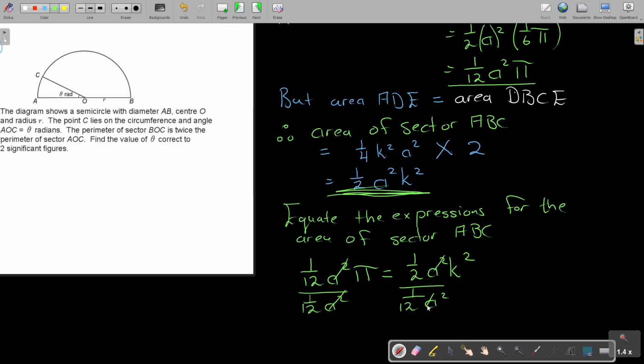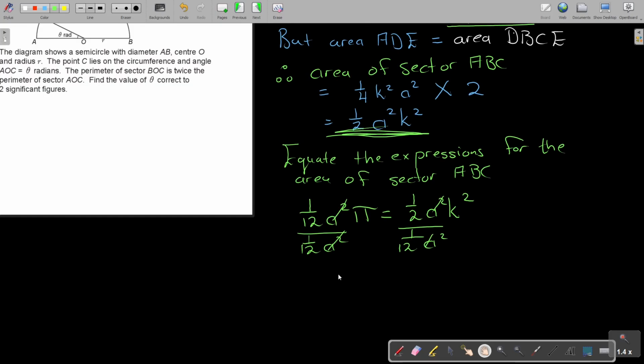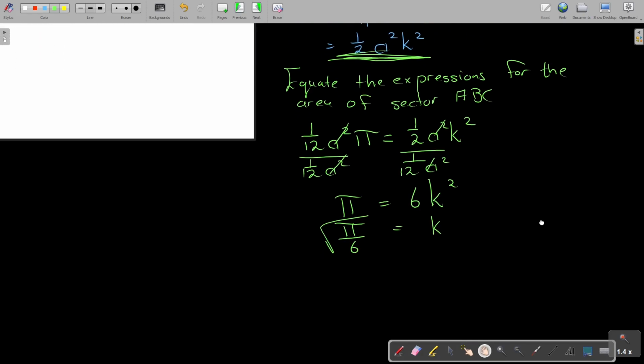So if I say, okay now, and I'm sitting on this side just with a pi, and on this side 1/2 divided by 1 over 12, it's going to give me 6k squared. And remember I want k. So to get k, I'm just going to say pi over 6, and then I just take the square root. And then I'm just going to press this on my calculator. And therefore, I'm going to get that k is